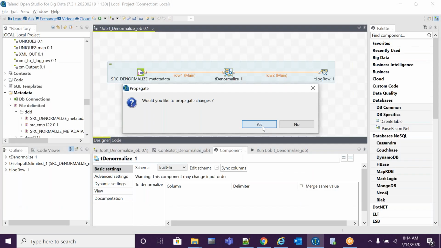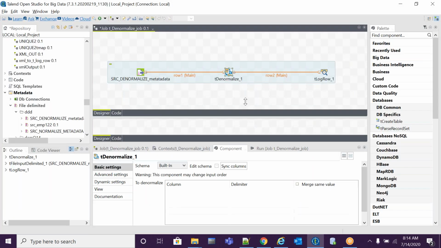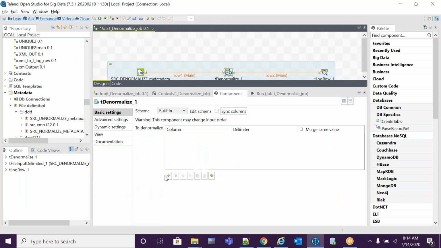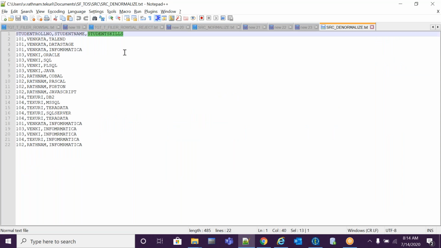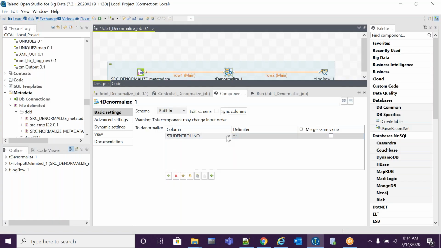Would you like to propagate changes? Yes. Which field do we need to denormalize? Select this one. Student skills, right? I need to select student skills here. Which delimiter do I want? Comma, pipe, whatever you want, you can type. Suppose I want pipe, I want comma.